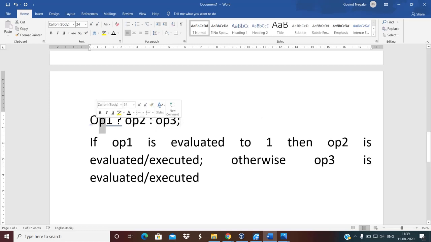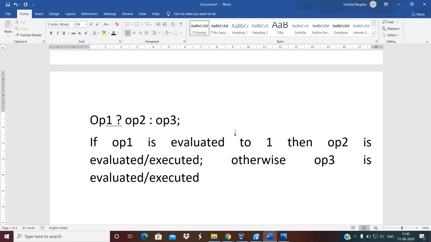You can observe one thing here: at one time operand 2 and operand 3 are not evaluated at the same time. They are evaluated only once. If operand 2 is evaluated, then operand 3 will be left out. If operand 3 is evaluated, operand 2 will be left out because operand 1 would have been false. So this is the simplest way to introduce decision making features into your C programming without actually learning if else.